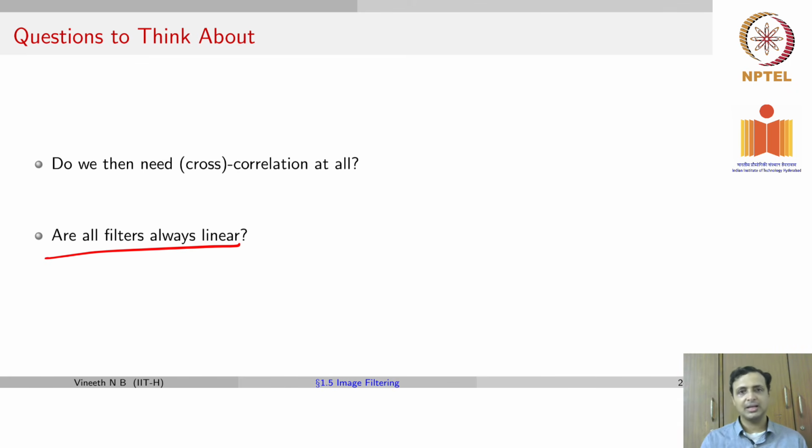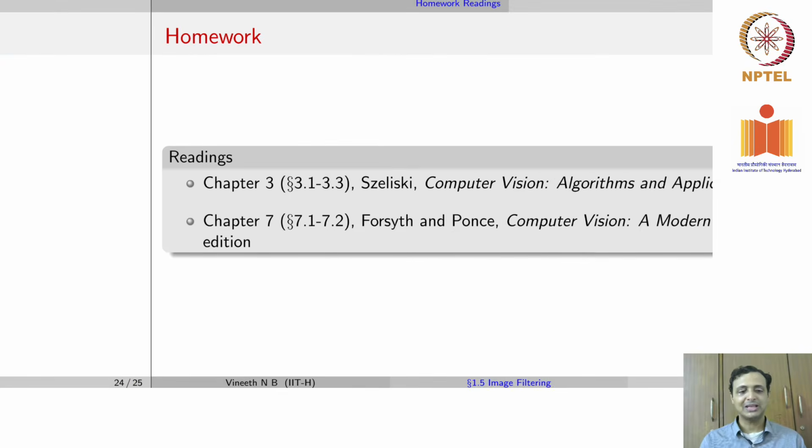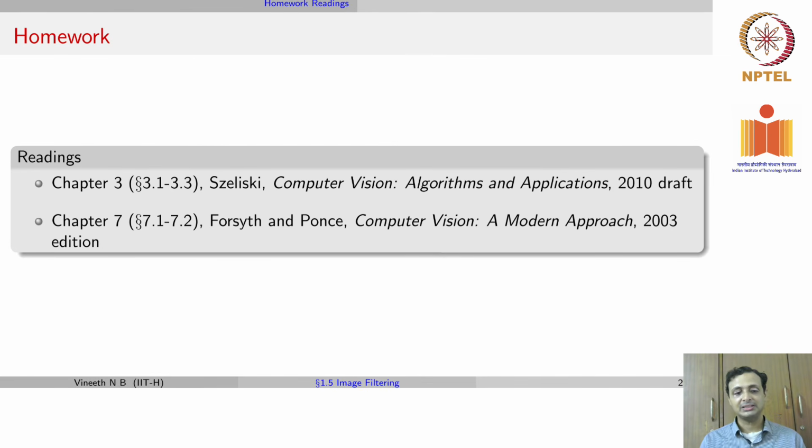And the other question here is, why should we take a linear combination? Why can we not take a non-linear combination of local neighborhoods of an input image? Obviously, in our case, we defined a linear filter that way, but let's try to see if this can be made non-linear. Think about it, and we'll answer these questions in the next lecture. So for this lecture, these are your readings with the specific section numbers listed here. Please do read them as a follow-up.